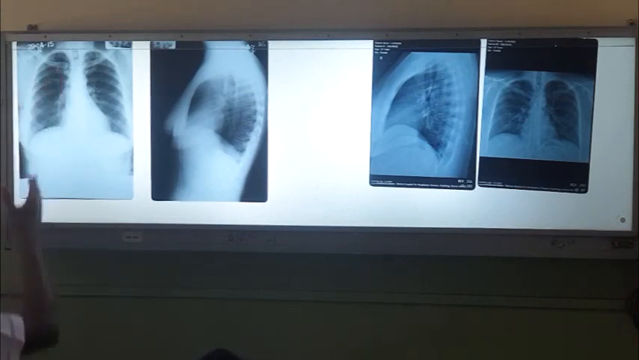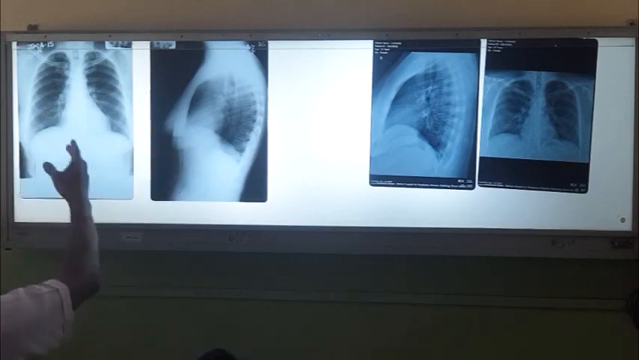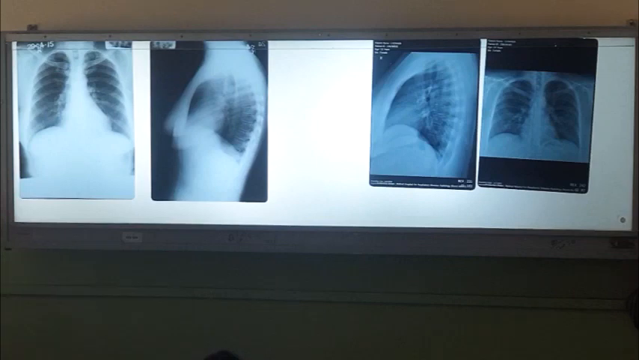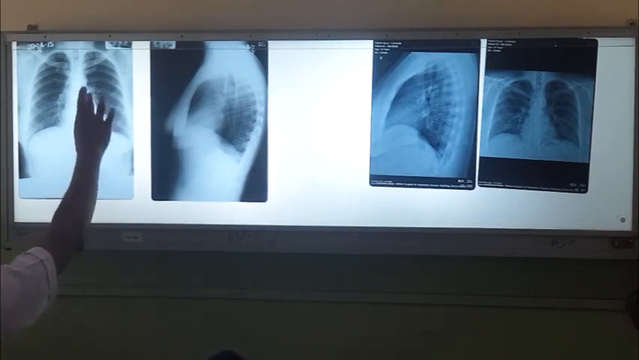Okay, and the distribution of the vessels. Normally the lower lobe vessels are bigger than the upper lobe vessels, right? If you see bigger upper lobe vessels, you think of upward diversion. That happens in cardiac failure, right? Okay,